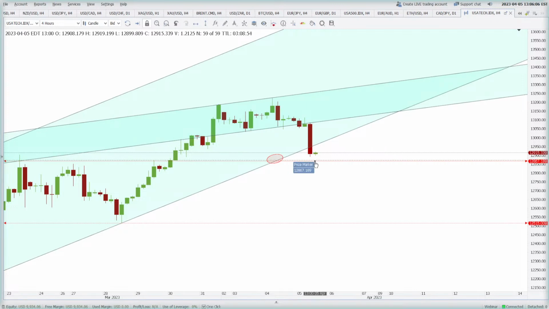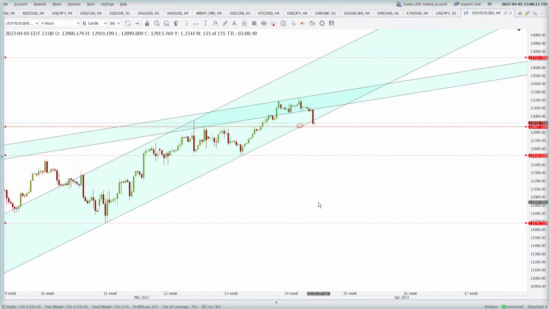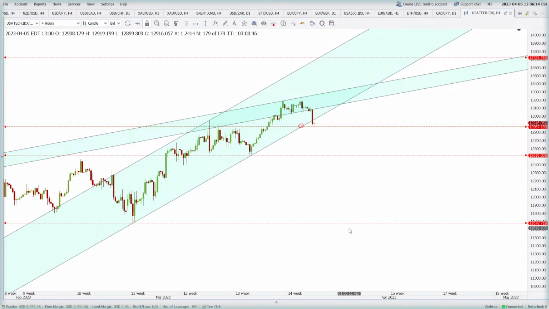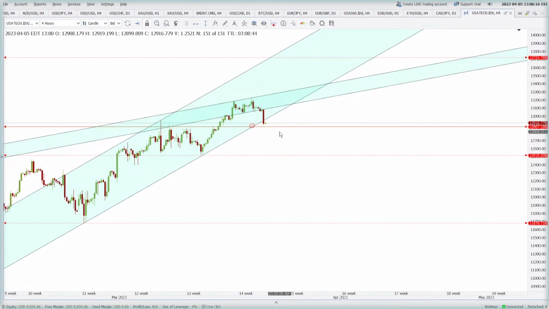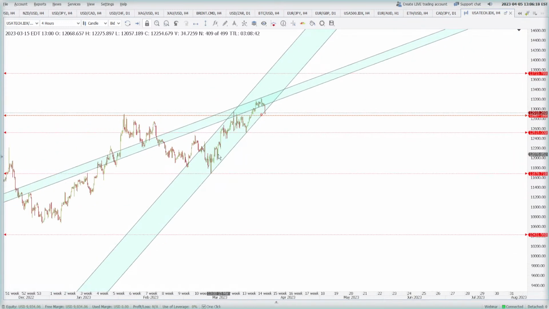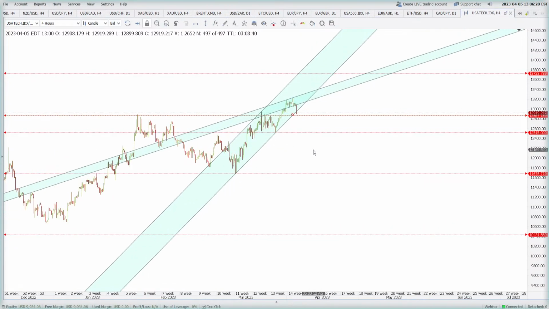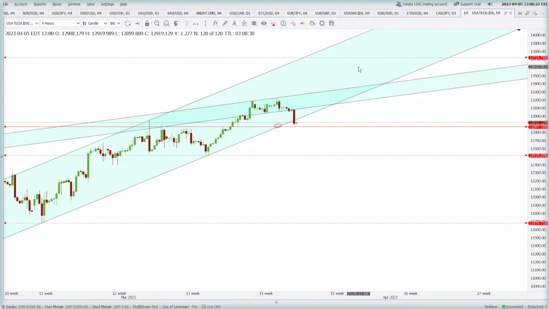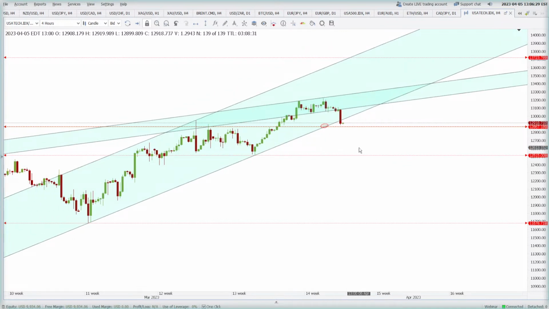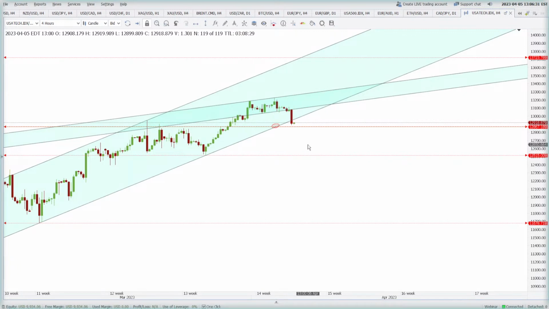Keep an eye on this support level of 12806.7. If the price breaks through this and keeps going down, 12515 is the next level of support, and after that 11678. On the higher side, which I'm expecting is most probably going to happen, I think it is going to continue north, and 13723 should be the next target in this market, looking at the longer term horizon. The trend is up.